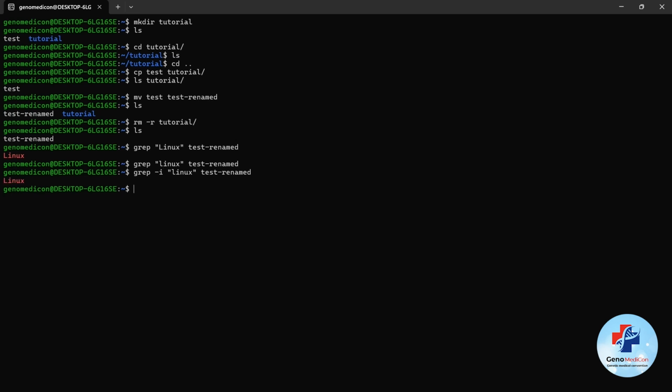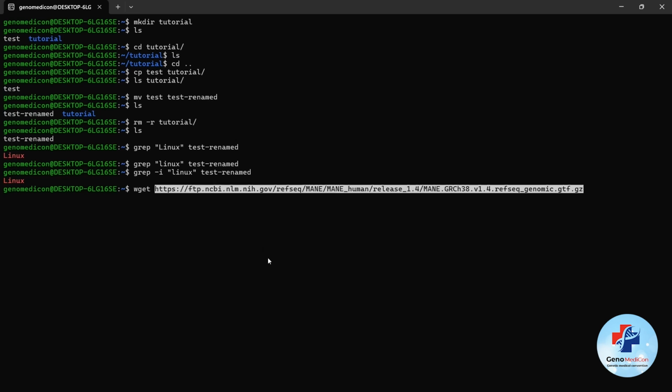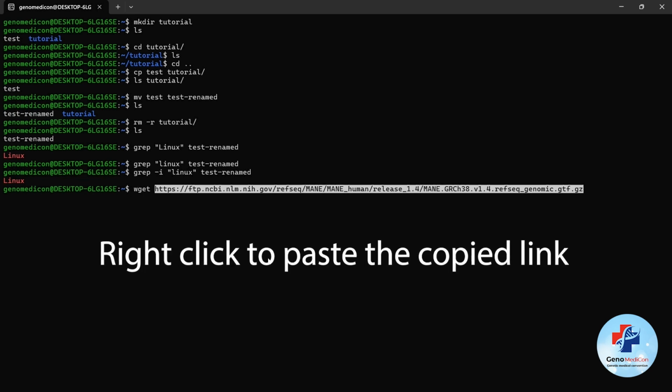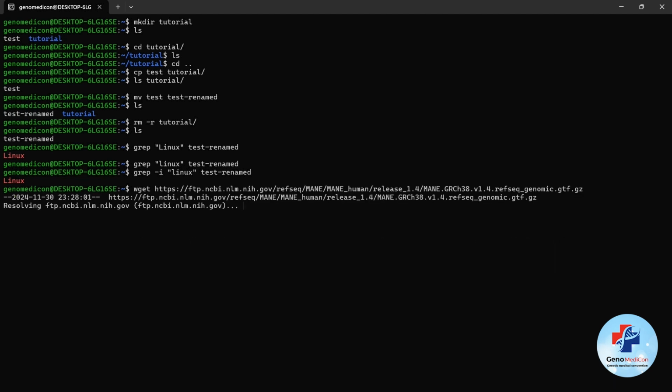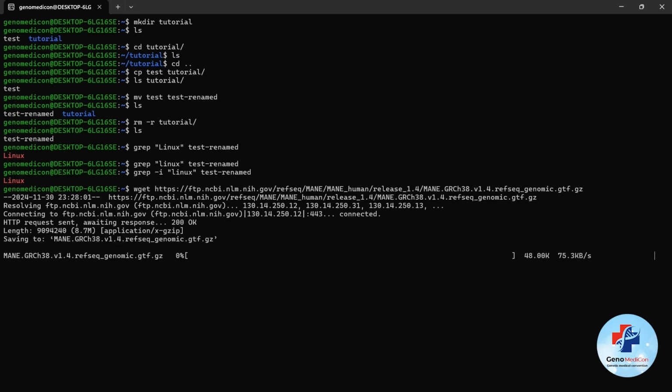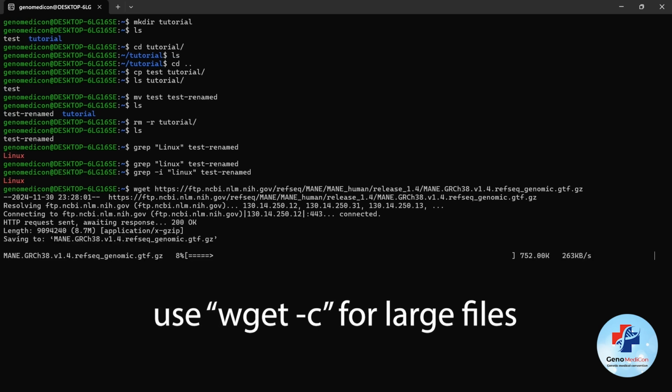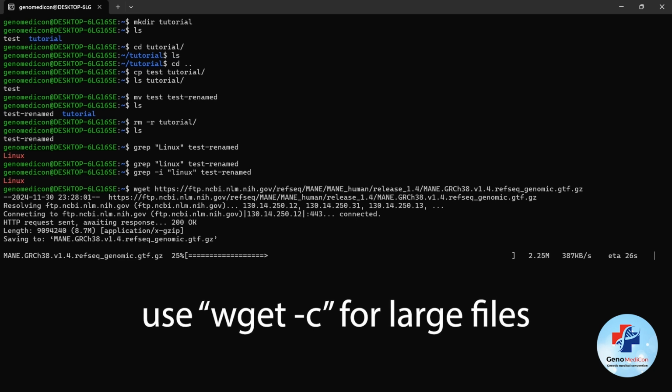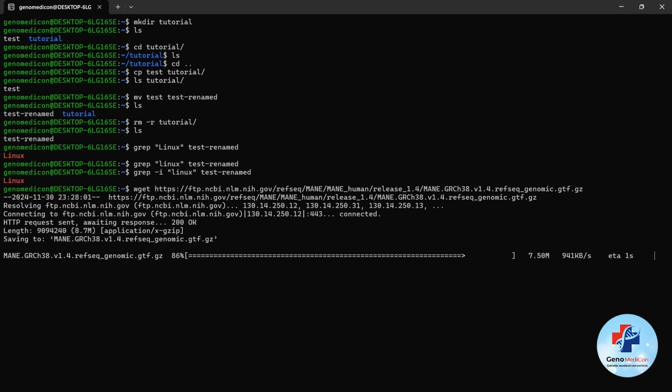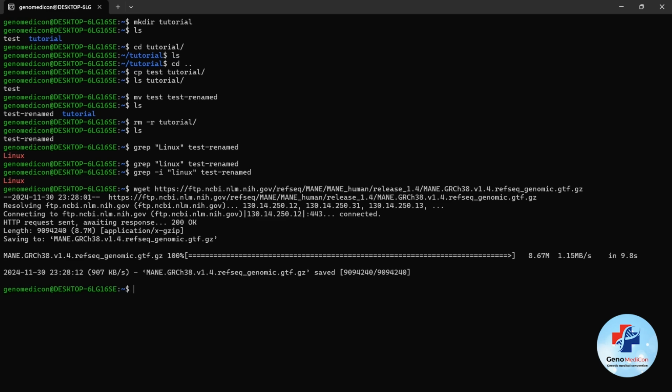The last command which I'm going to show you in this video is the wget command. This is what you can use to download files in your Linux terminal. In order to do that, you just have to type wget and paste the link to the file that you are going to download. For pasting text in the Linux terminal, copy the text and then hit the right mouse key. Just keep in mind that when you're using the wget command to download large files, you should give it a -c option so that the download resumes from where the previous download had failed, if that ever was the case.